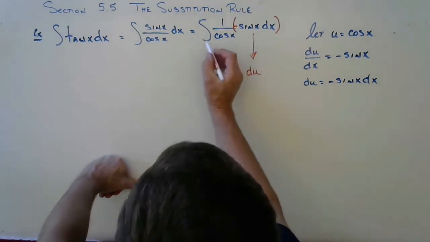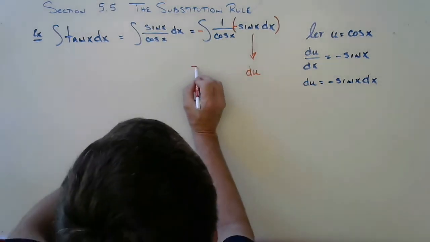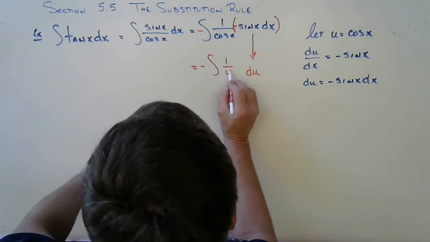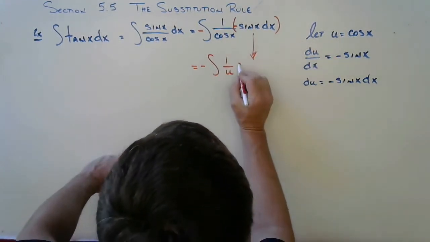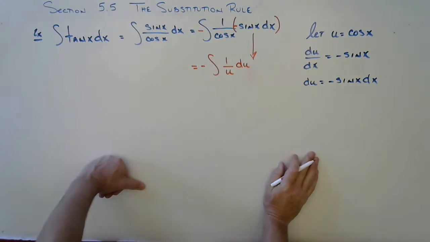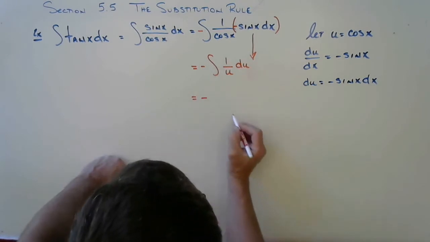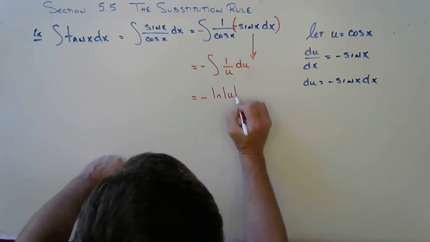Now, if I introduce a minus inside, I've got to balance that by introducing a minus outside. And if I do that, I get 1 over u, cosine is u, du. This is an integral that we can integrate. We know this. We know what this is. This is minus 1 over u is the natural log of the absolute value of u